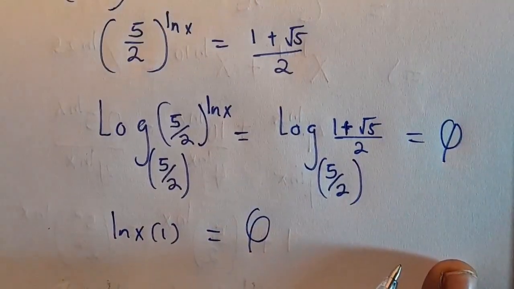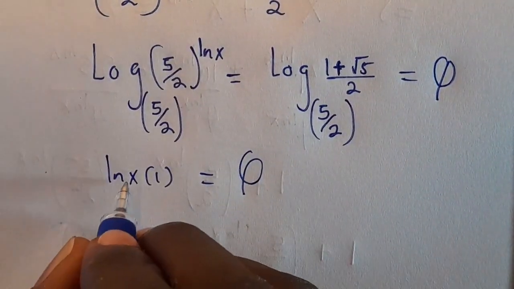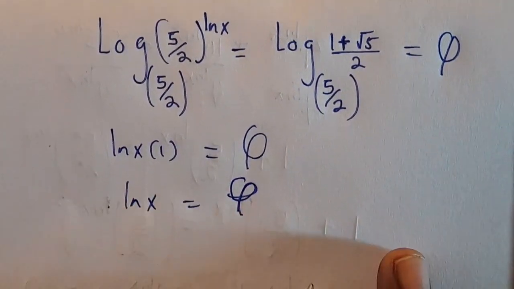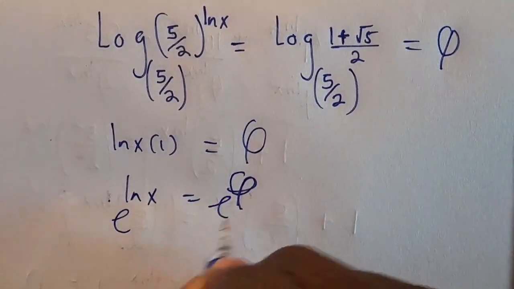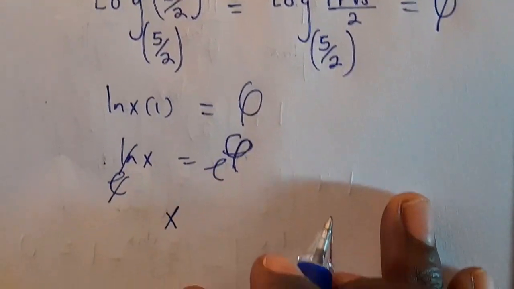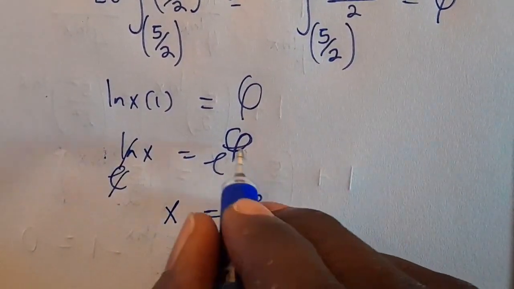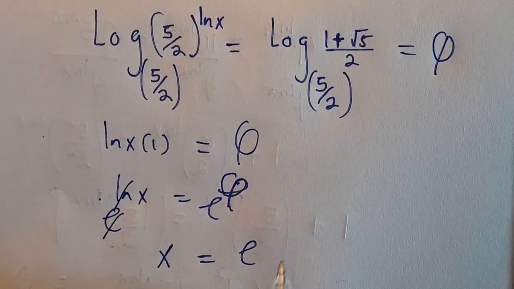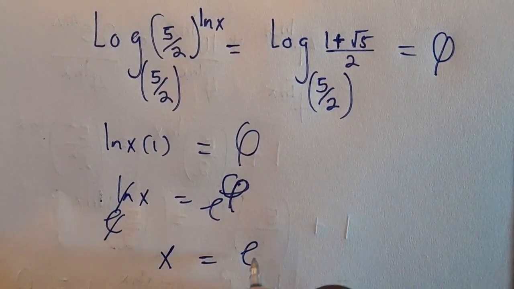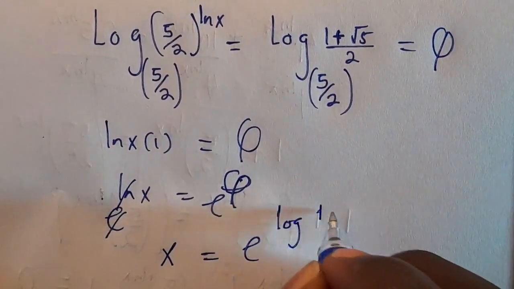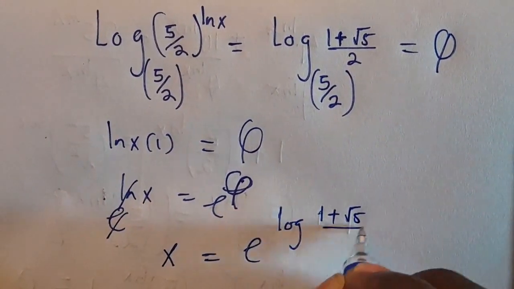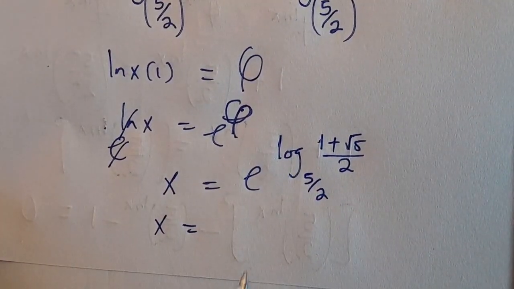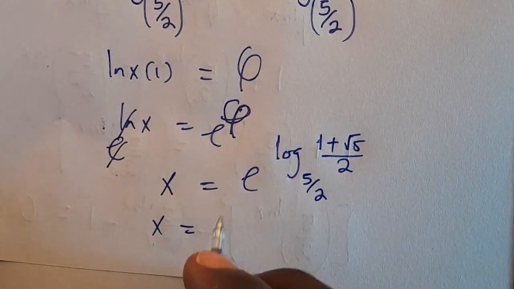Now, from here you have to get the value of x, because we have ln x to be equals this. Now from here, e to the power of this, e to the power of this we cancel this. We have our x to be equals e to the power of, instead of writing this one, we have here to be equals this one. So we have e to the power of log of 1 plus root 5 divided by 2 in base 5 over 2. Then when you press this, we have the answer to be equals